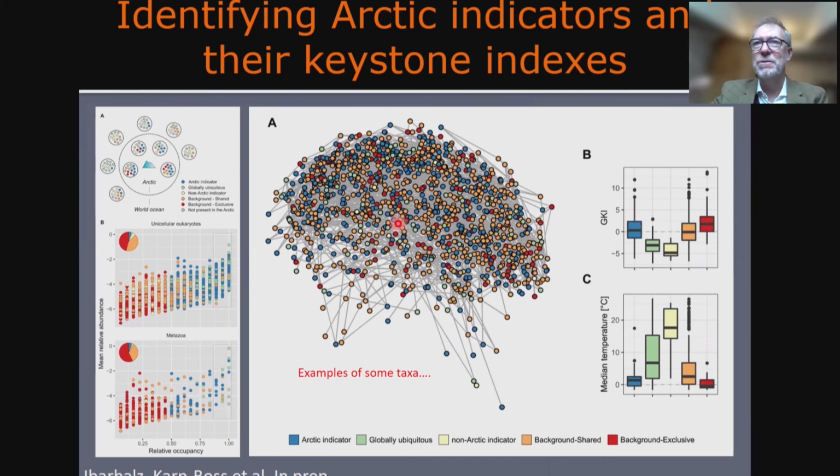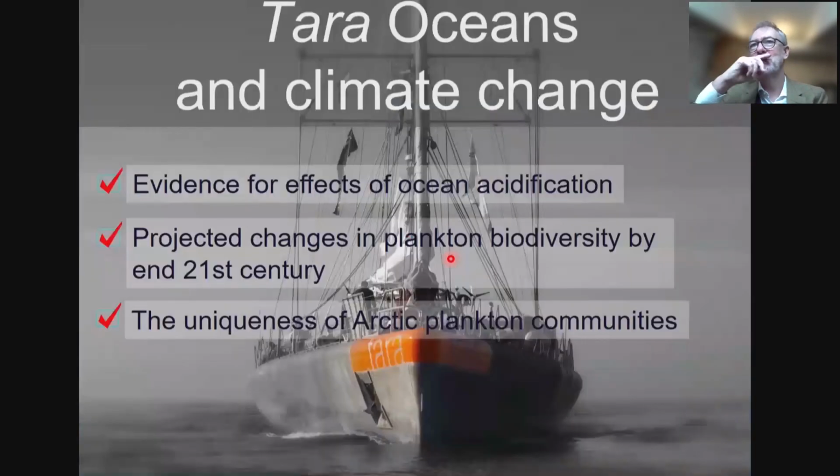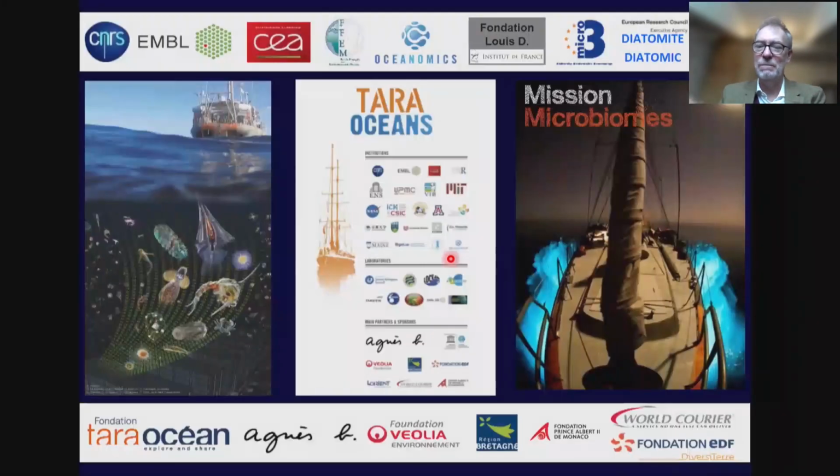So these are approaches which were performed using deep learning to get an idea of which organisms are indicator species and their keystone importance in the ecosystems. So those are three examples of what we can do with Tara Oceans data to explore the sensitivity of marine ecosystems to climate change. And I think I will end there in the interest of time,